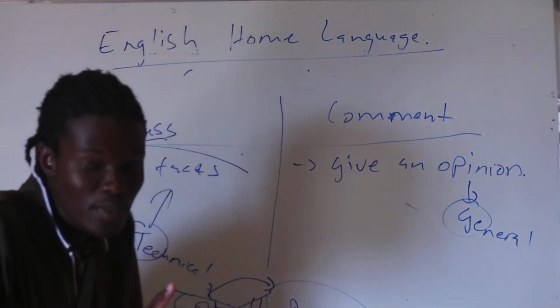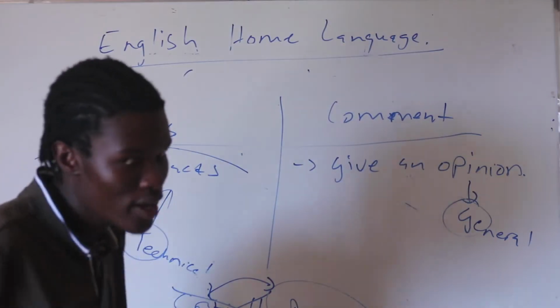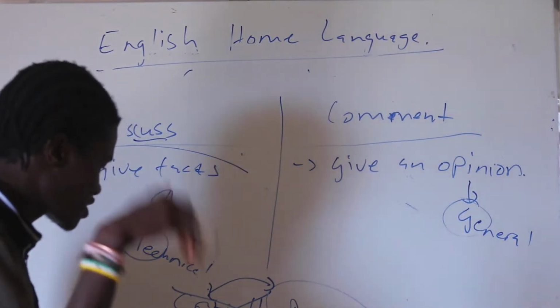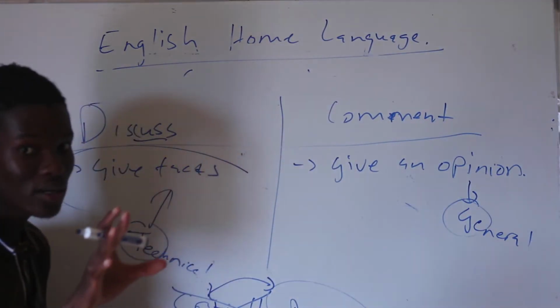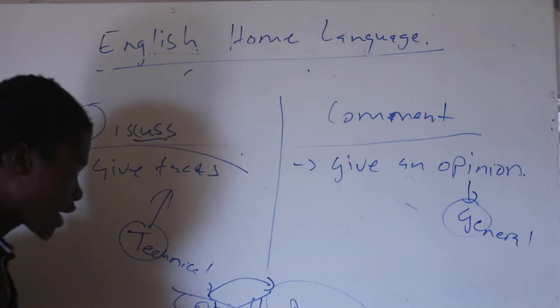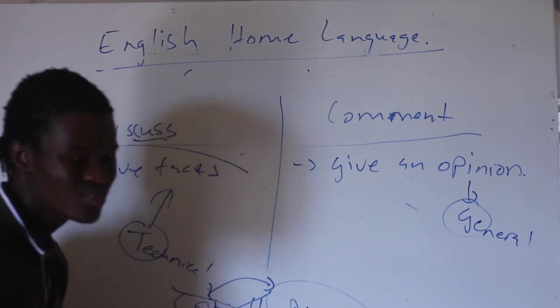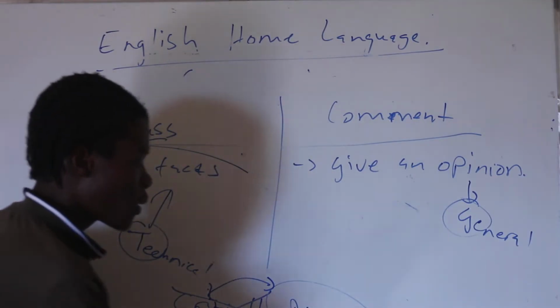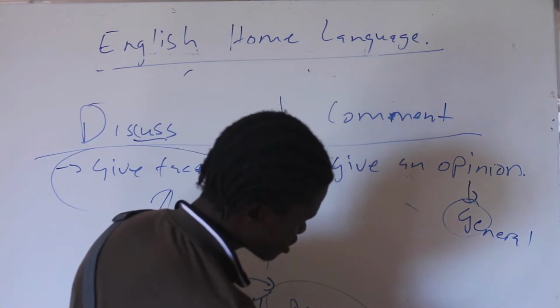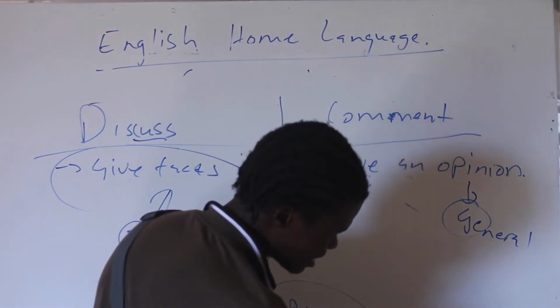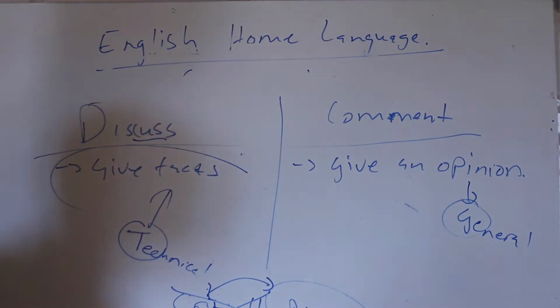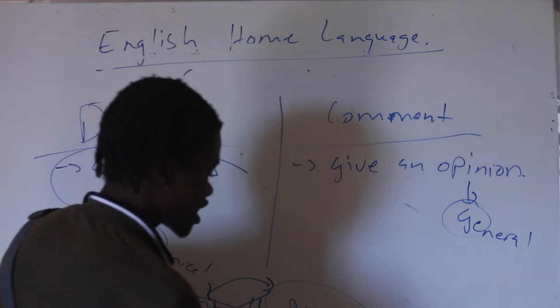So what did the examiner use? He used what we call, I forgot that word, but it will come back. He used something which I'm going to talk about in paper 2. Critically and discuss, it's almost the same thing. When they say critically comment, guys, critically comment, they are saying to you, discuss.